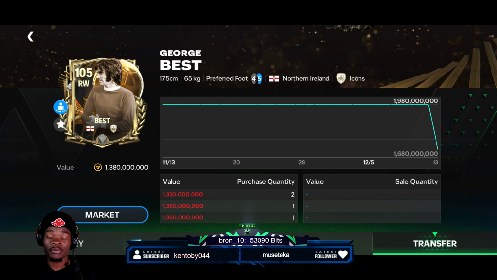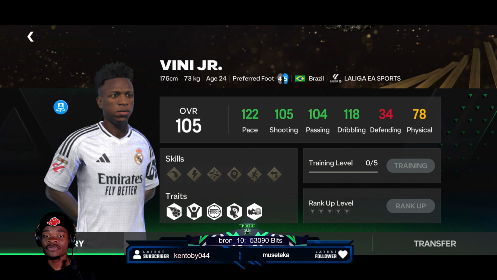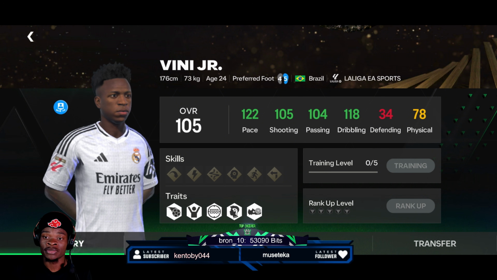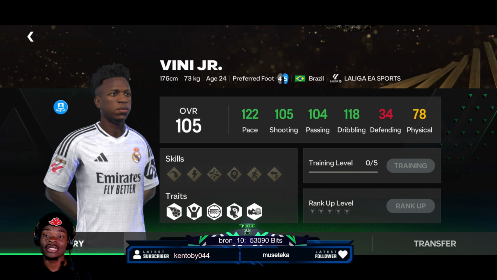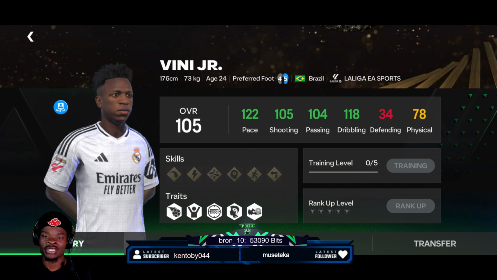All right, you guys, now we're going to be moving into the number 2 for both the left and right wingers. Starting with the left winger, okay, our number 2 is going to be none other than Vinicius Jr., one of the fastest wingers in game currently. I did see his gameplay. I haven't played against him. I did see his gameplay, and he is rapid. But one thing I didn't like, obviously, he looks very small in game, and his physical has always been an issue. But yeah, if he's playing on the wing,